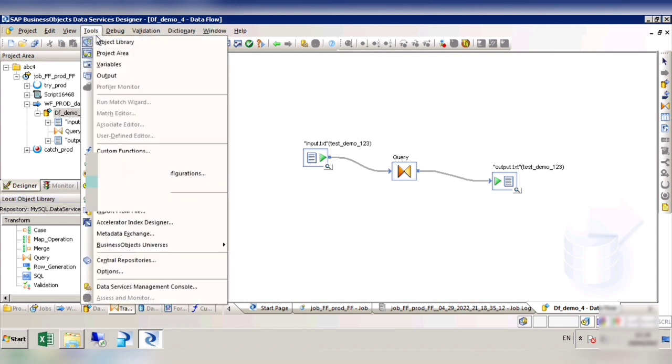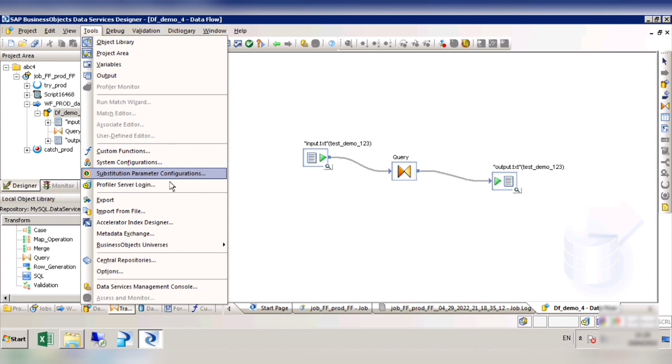In these tools, you have variables, so you can define variables here. Then you have substitution parameter configuration and system configuration. So substitution parameter configuration, system configuration and variable are the three things which normally people get confused. First, let's see this. What it means is, this is also a kind of parameter, but it is not on the job level. It is on the bots level, repository level. So you can define some variables.